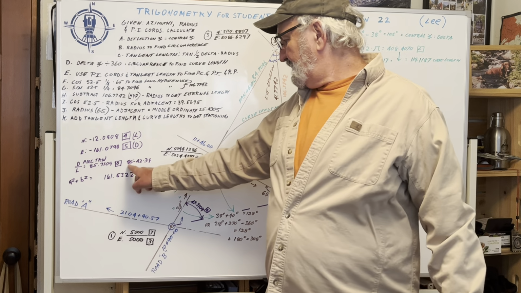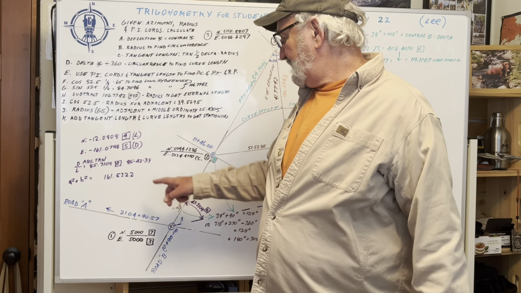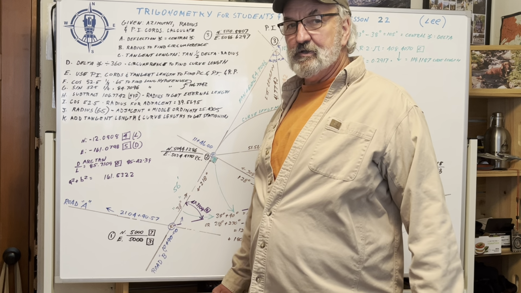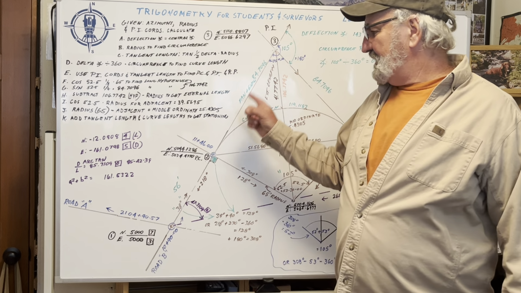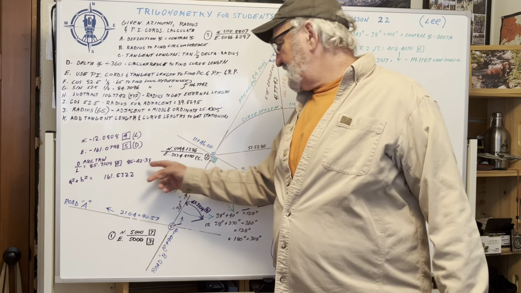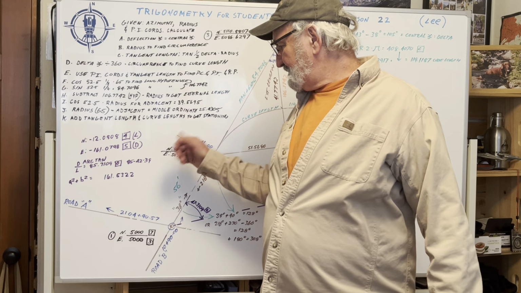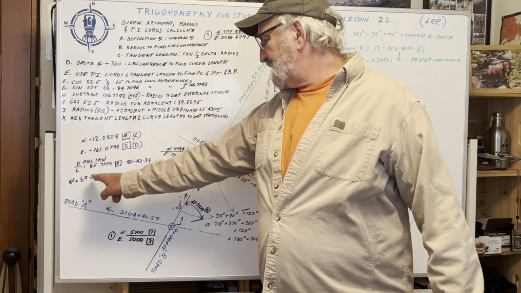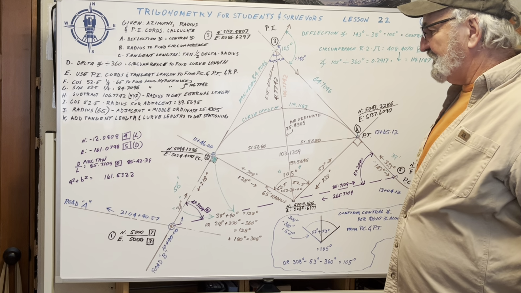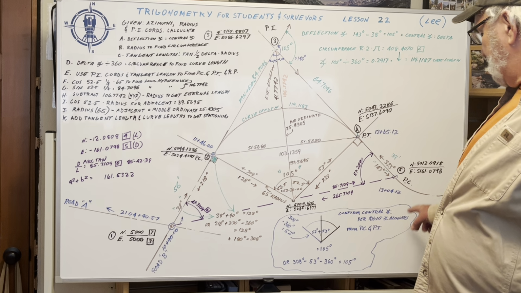If you want to convert it to degrees, minutes, seconds, you have your conversion key on these, and on the fx-42, they're in there. And in a few lessons, I showed you how to convert back and forth longhand. So you've got that. Now you've got your azimuth, your bearing. And then a squared plus b squared gives you the distance. A squared, b squared, c squared, 161.5322. So now you have all that. So your bearing's right there. Your back bearing is